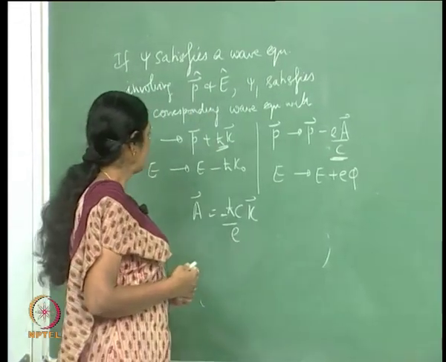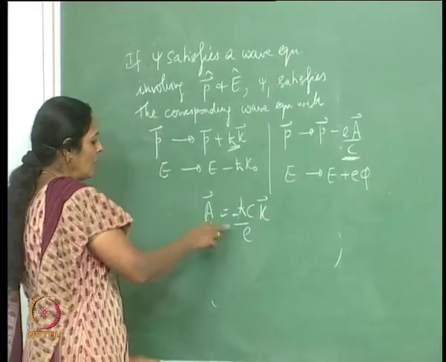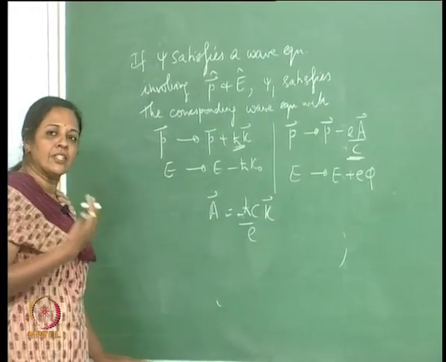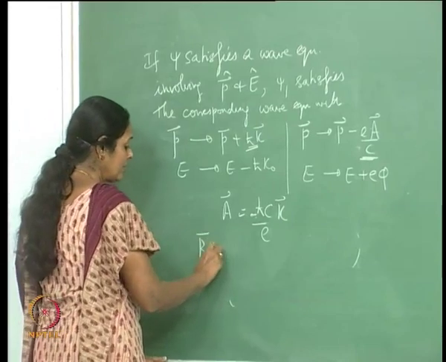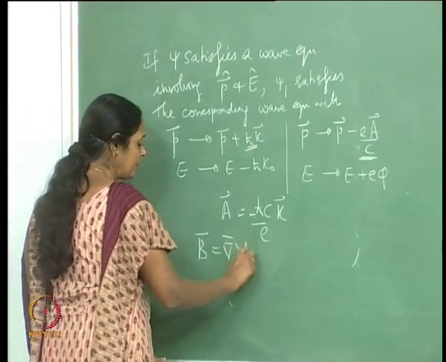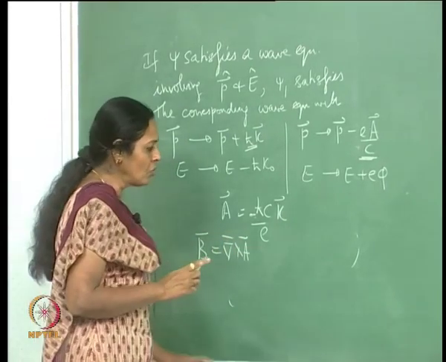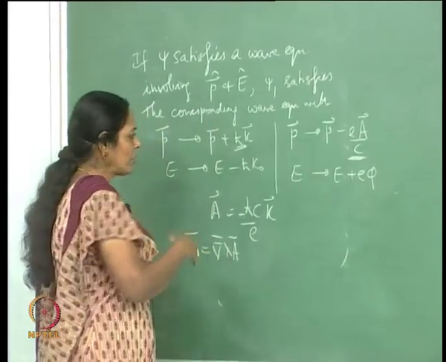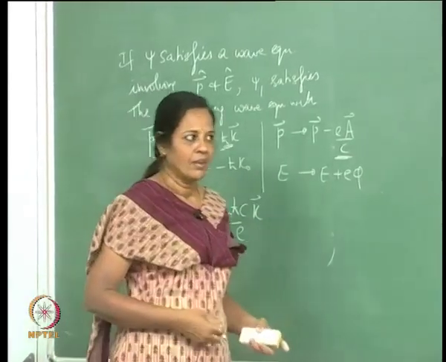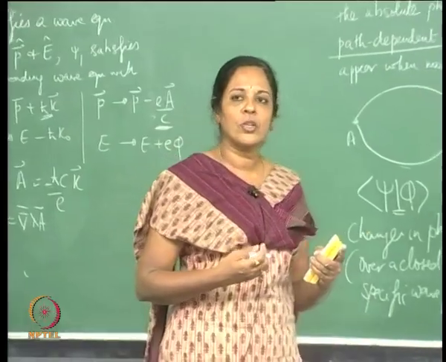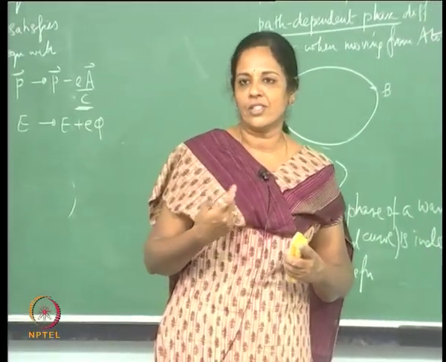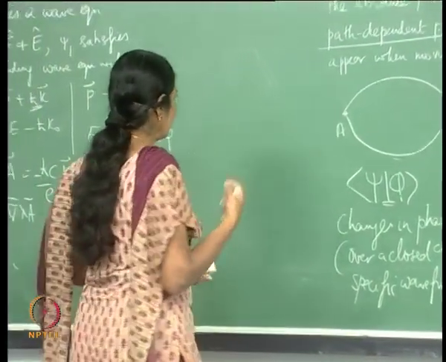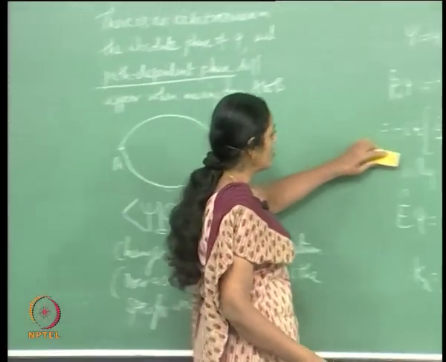What does that mean? I can define a magnetic field B, which is del cross A, but I also know that, from where does this field appear? Let us imagine that this field is because of a non-zero isolated magnetic charge, and let us say the strength is G,